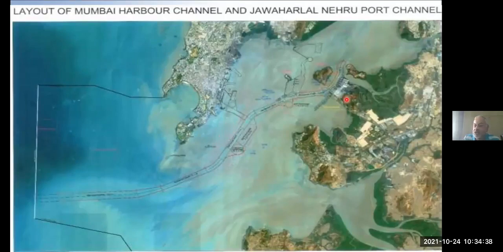Now the Mumbai port or Jawaharlal Nehru port, JNPT or Nhava Sheva port, can take ships up to 15.5 meters draft. So the water depth has to be maintained at all times at more than 15.5 meters, maybe 17, 18 meters depth is required. Then only you can bring the ships in from the channel. So this is that approach channel which you have already studied. The approach channel is marked with buoys, and that is where the ships come inside.